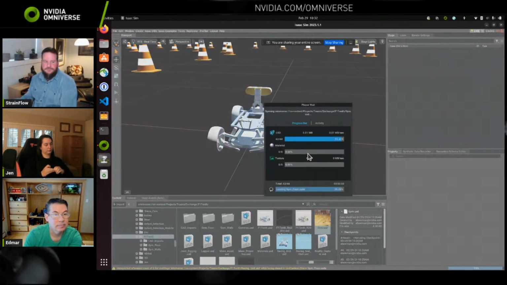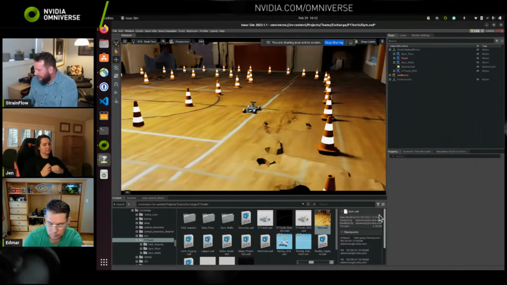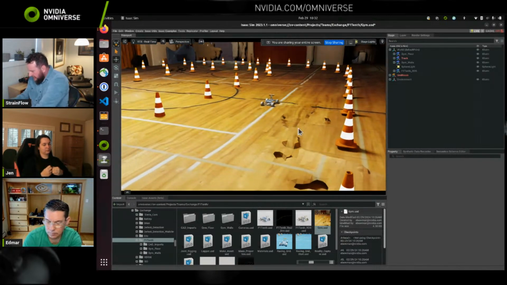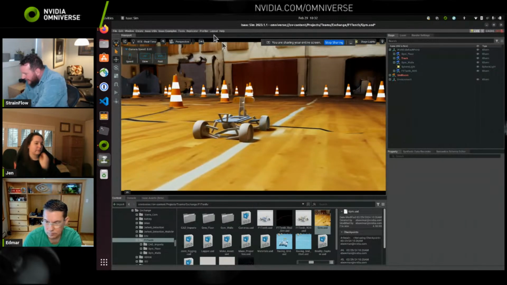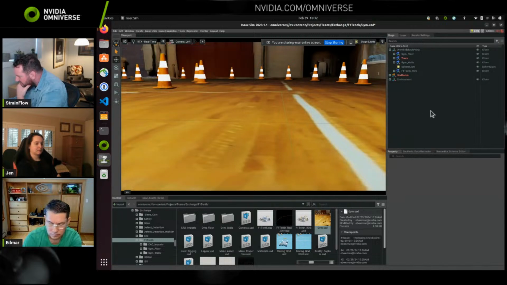Don't save. Cool. So I've got this car that's already rigged, and it's already got all the raw stuff built into it. So I just had to bring it in as an asset into this new environment, and bada bing, bada boom, we should be able to see if it drives. And it's loading this for the first time, so it takes a minute. There we go. Let's just zoom in here. This isn't the camera that matters. Let's take a look at the camera left. Yeah. It kind of looks like the real thing.